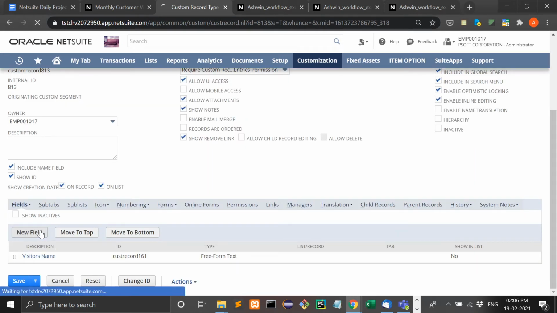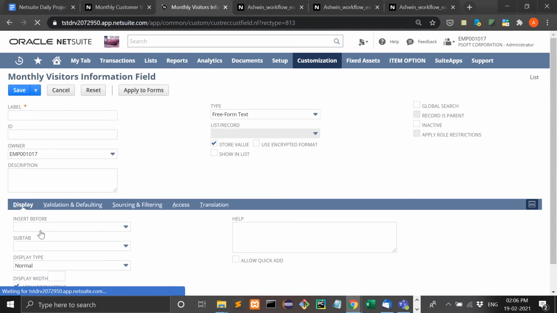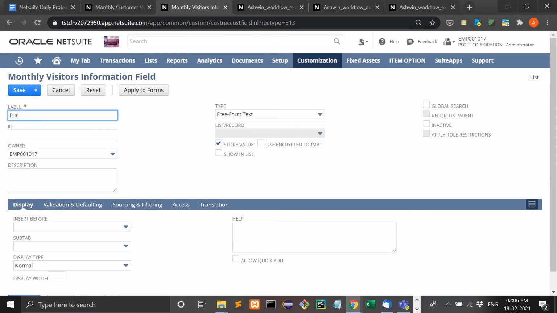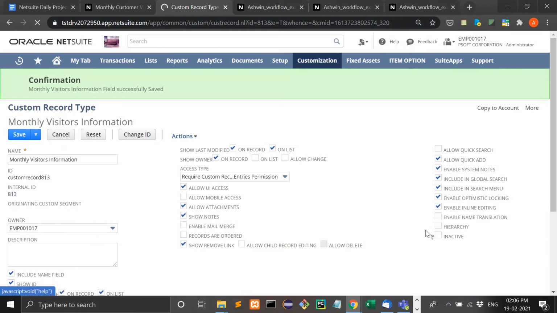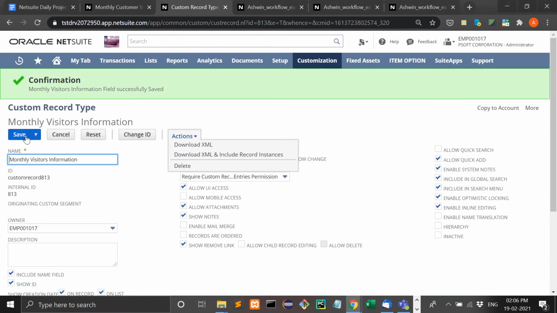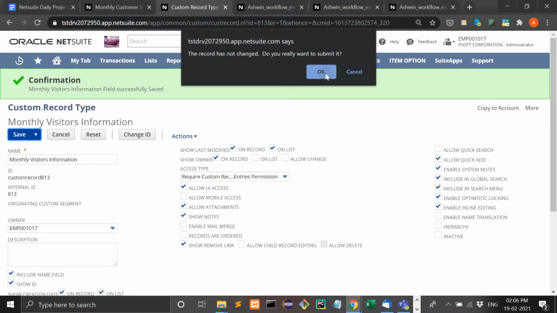Then again we will add two fields, purpose of visit, and then let's take another example, save. Now here I have created two rows or two records. Now see where it is. Save. Here I will save it, and then